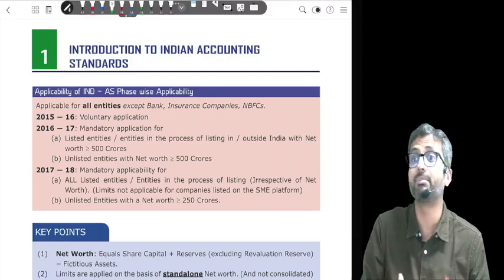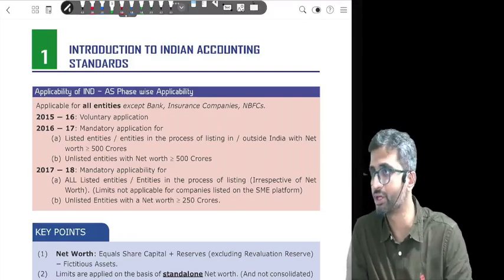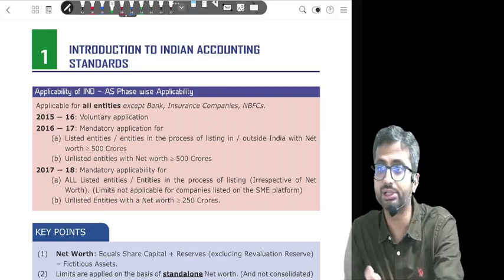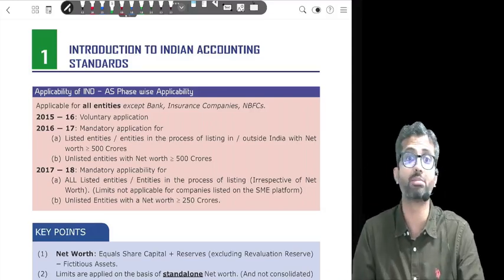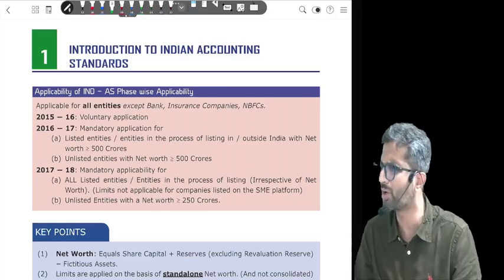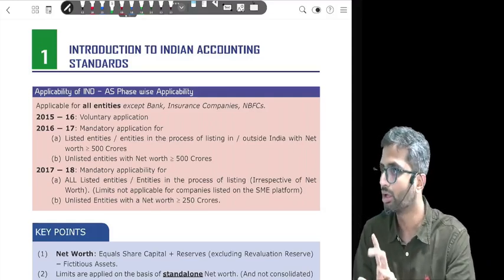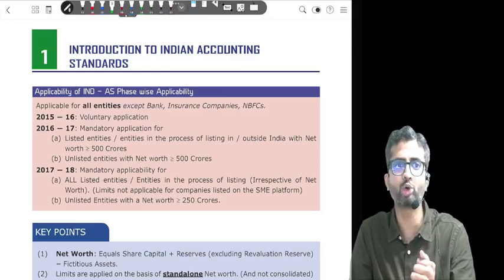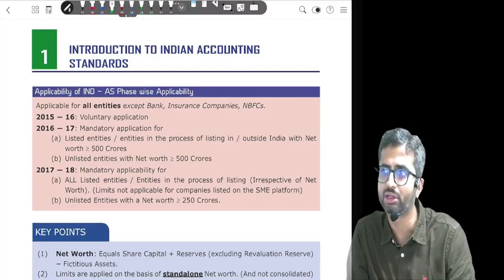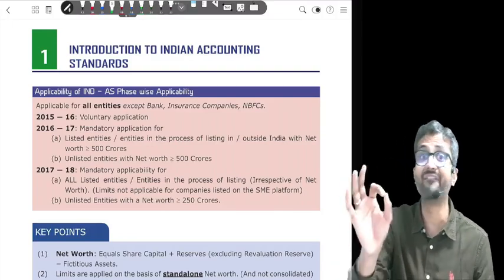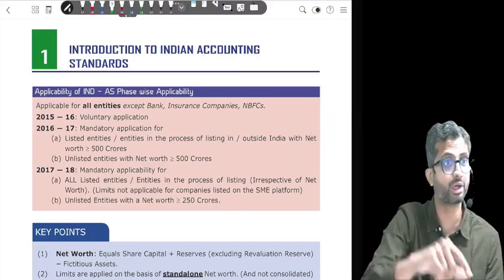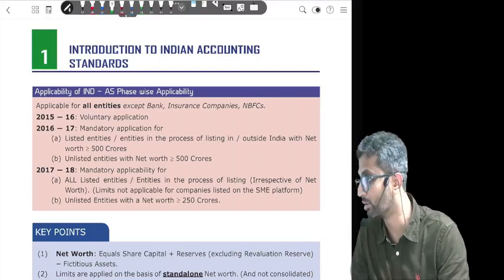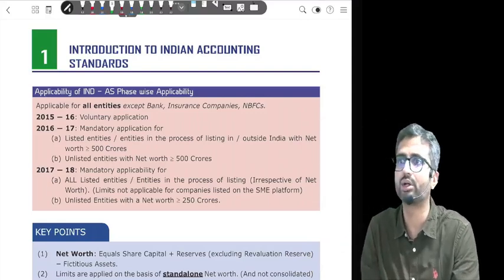Now, when I look at the balance sheet, a few small things. I said net worth has to be greater than 250 crores. But if you have done your articleship and audit, you might have seen a lot of companies having 2 balance sheets in their annual report. Which 2 balance sheets? Standalone, consolidated. Is the net worth same in both of them? But then when I talk about 250 crores, which net worth? Standalone. Almost every regulation across India, not just in FR, DT, everything, almost every regulation applies on standalone, not on consolidated, because consolidated is very difficult.